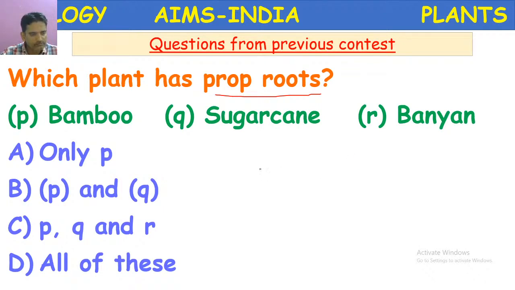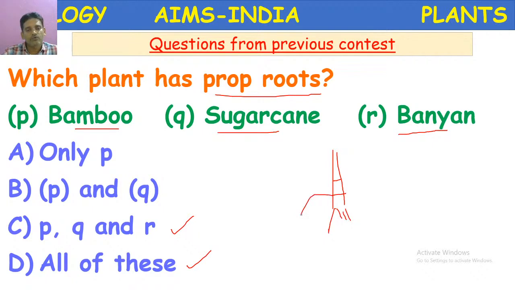So some of you are saying B, bamboo and sugarcane. Okay, children, bamboo is correct, sugarcane is correct, banyan is absolutely correct. So here the answer is either P, Q, and R or all of these. If you take a bamboo or a sugarcane plant, extra roots are developing from the nodes of the stem. Such roots are called,